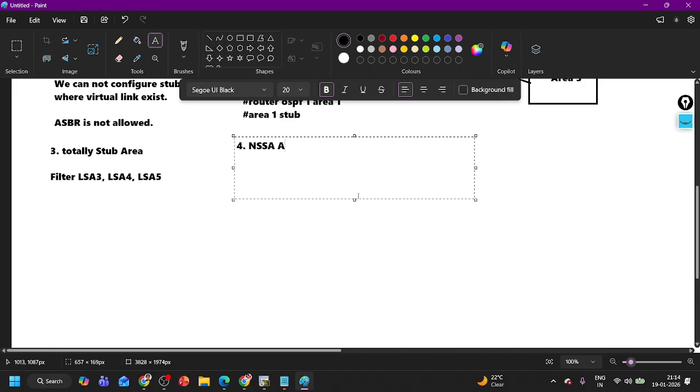Again, NSSA area filters LSA 4 and LSA 5, but the ASBR router is